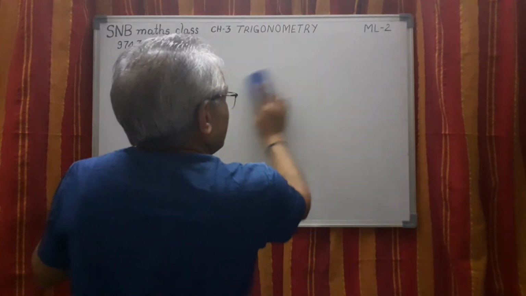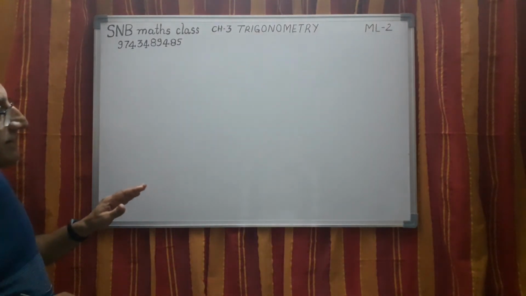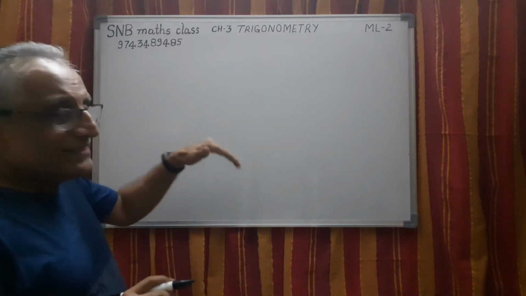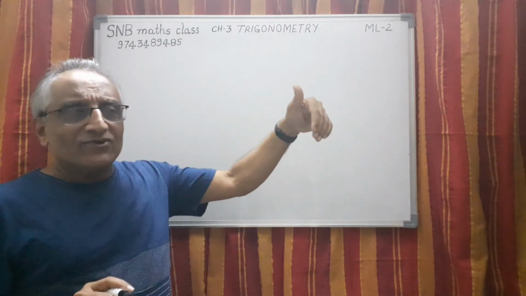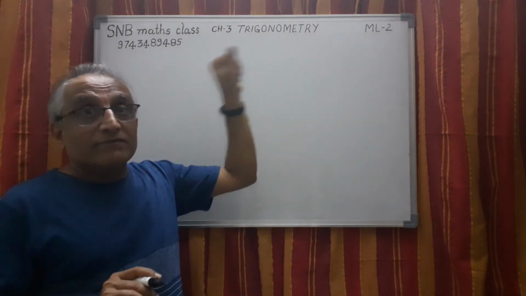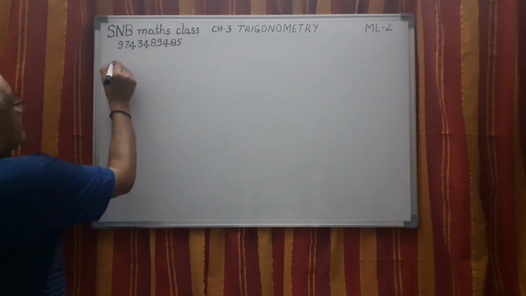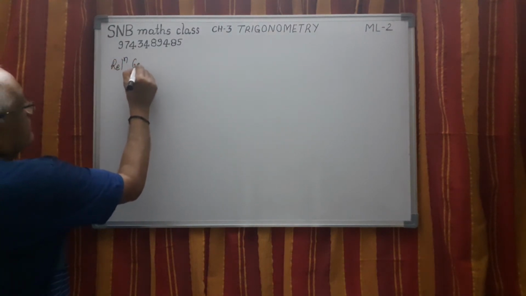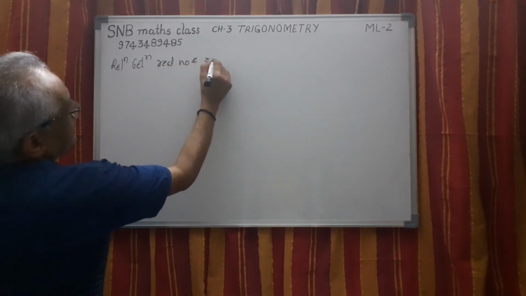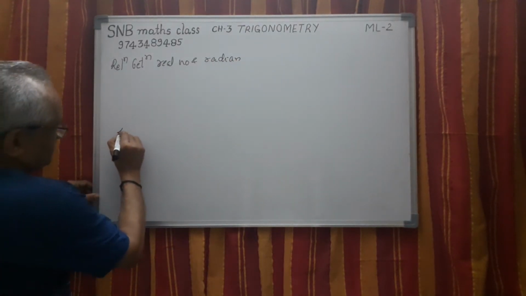Now let us see a few interesting aspects of this radian. One is this: why should we have this radian measure? 30 degree, 40 degree, 60 degree, etc. are not convenient to represent on a number line. But this radian measure is very convenient to write on a number line. What is the procedure? Let me show you the relation between real number and radian measure. You can do a small activity like this.